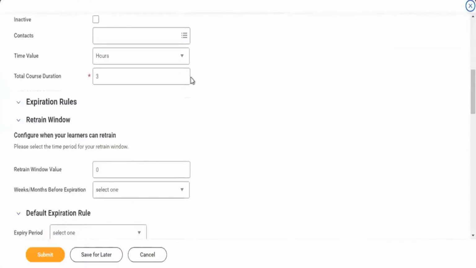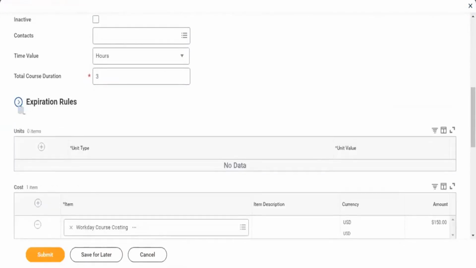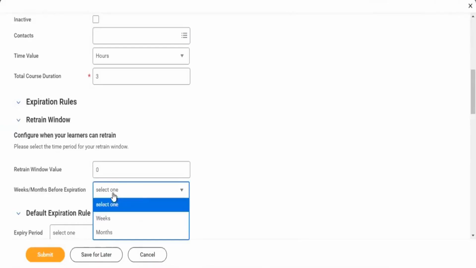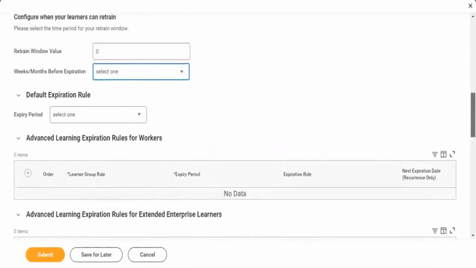You can see here the expiration rules are there now. This is for completing the course. Configure when your learners can retain. Please set up the time period when you retain a window, so that you can start your expiration rule for this course, when you want this course to be expired.